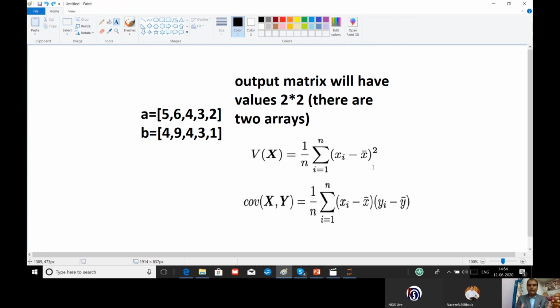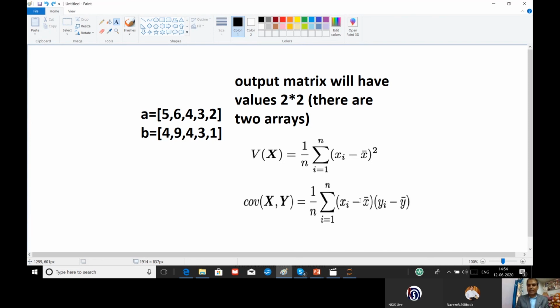When the time comes to calculate covariance, we have to take element 1 and element 2. Sorry, array 1 and array 2, both we have to take. In this, you can see X value, X bar, mean, Y value, Y bar. Then we have to multiply. Here we do not multiply, we have to add. We have to find the square and add it with the next value. Here we do not find any square. We have to simply multiply.